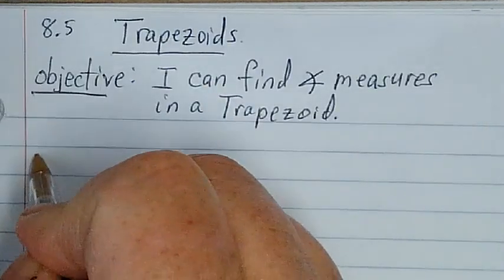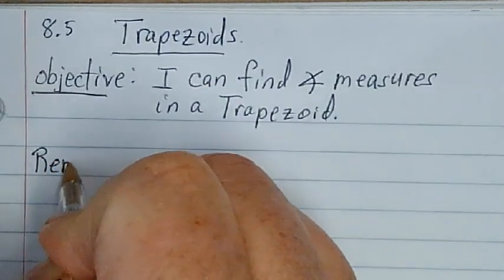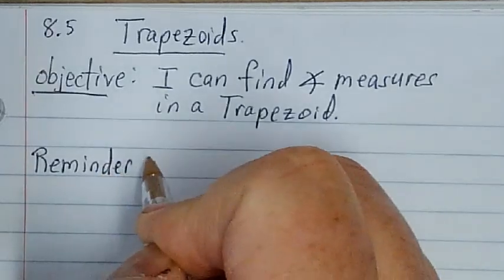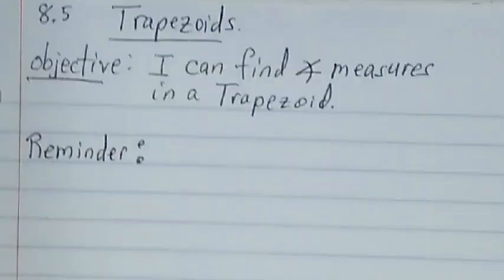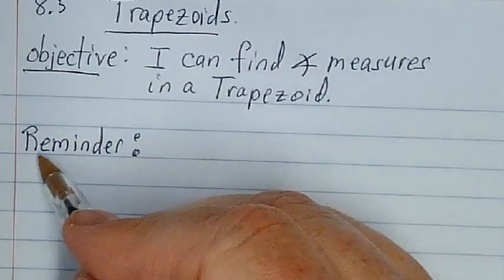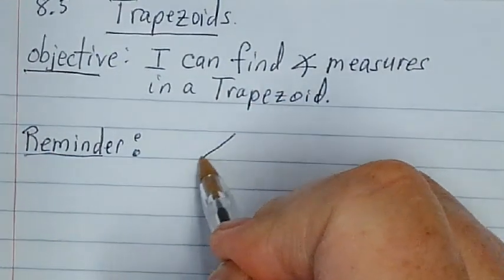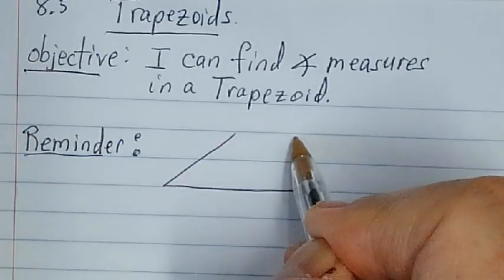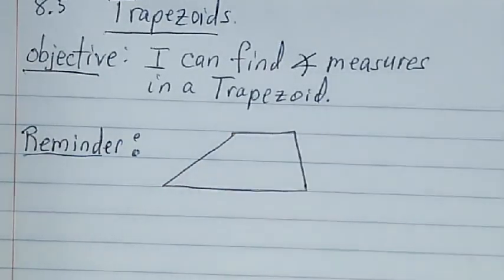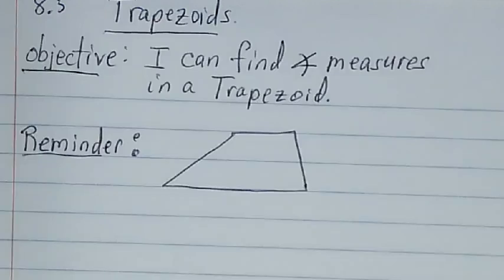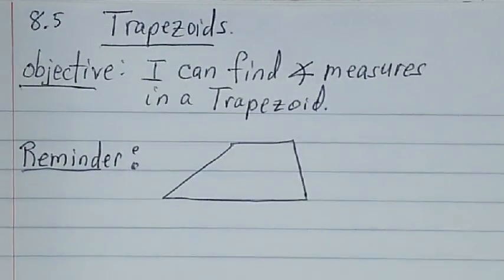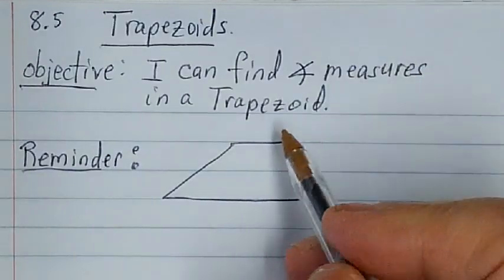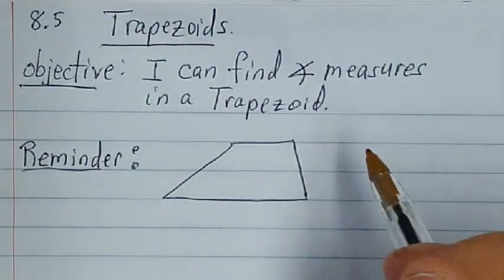I have a reminder for you. And I'm going to write the word reminder. So on your paper, you're going to put reminder, and I want you to draw a trapezoid. You could make your trapezoid look like your own trapezoid. And what I want to remind you is, if this is a trapezoid defined by the fact that it's got